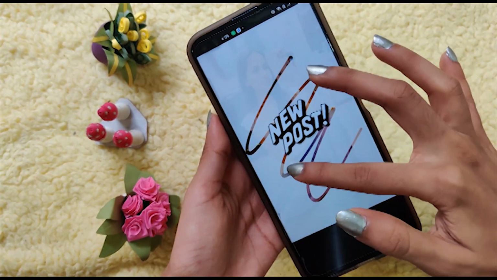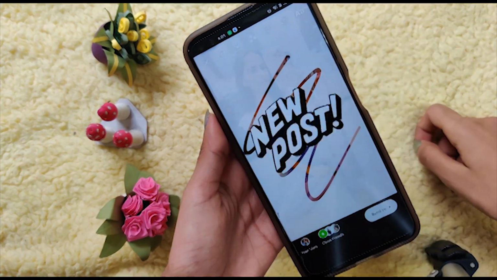So by this you can create something new for your Instagram story. Personally I am just enjoying this option because it makes the picture transparent, and my photo is still somewhat visible. You can try this option if you don't know. Mostly people know this option. I have personally seen people using it, but if you don't know, please go and use it. This makes your Instagram story more appealing, and yeah.